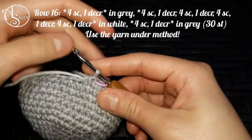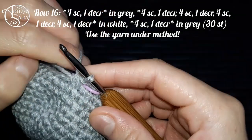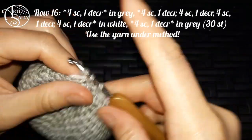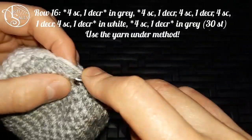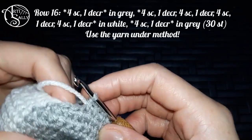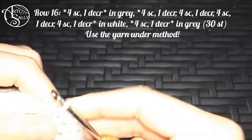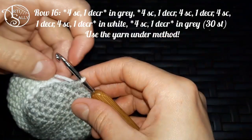In row 16, you'll start with 4 single crochets in gray, 1, 2, 3, and 4, and then you decrease once. Finish your stitch with white, in which you'll make 4 single crochets,